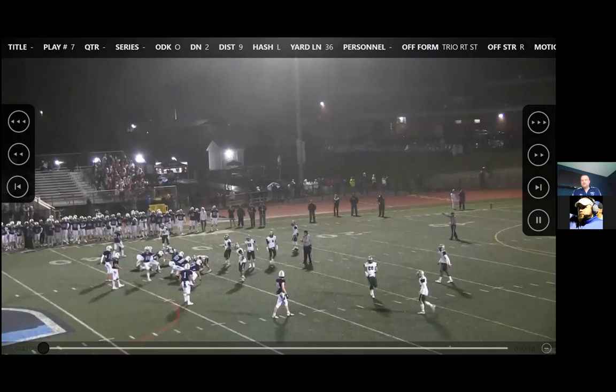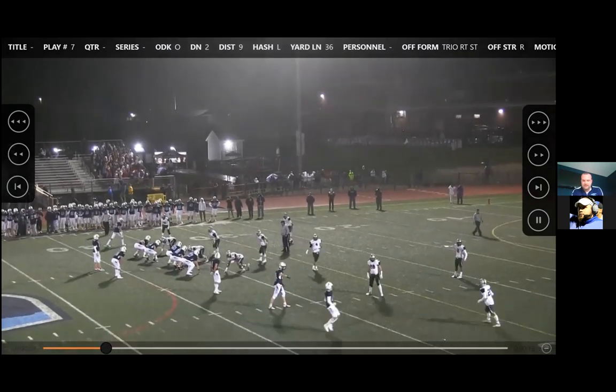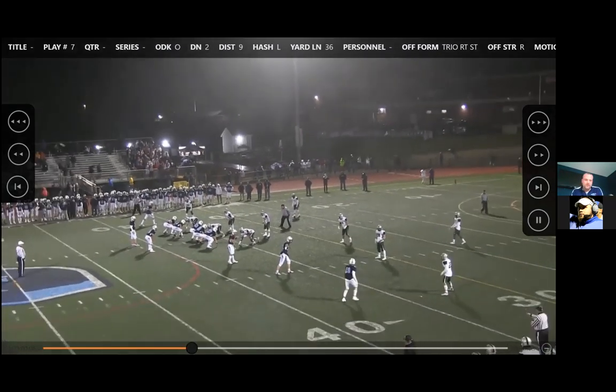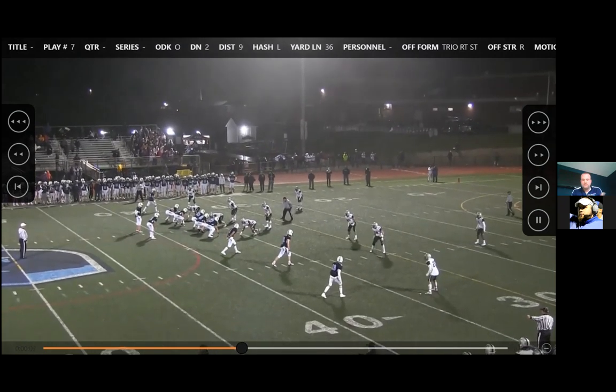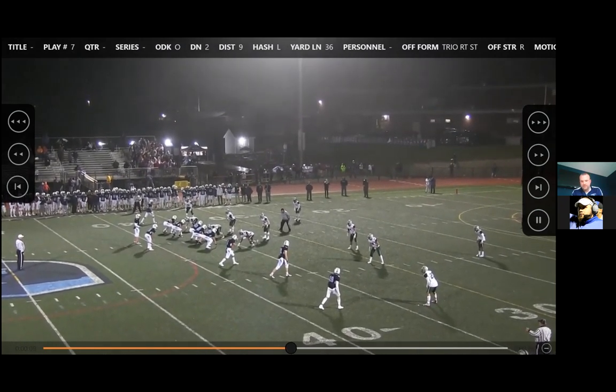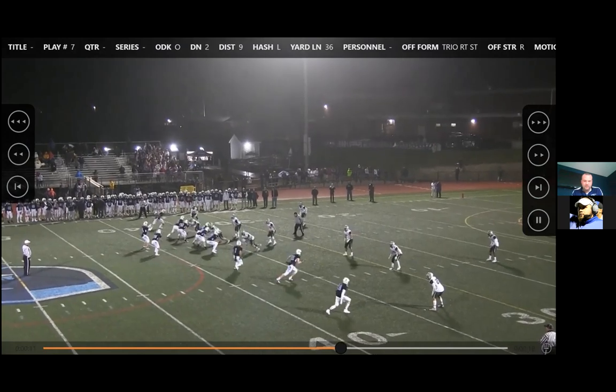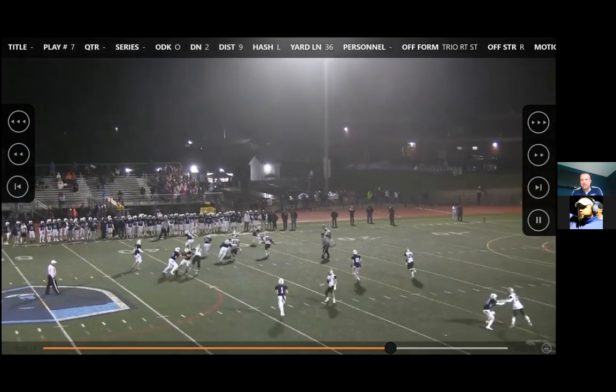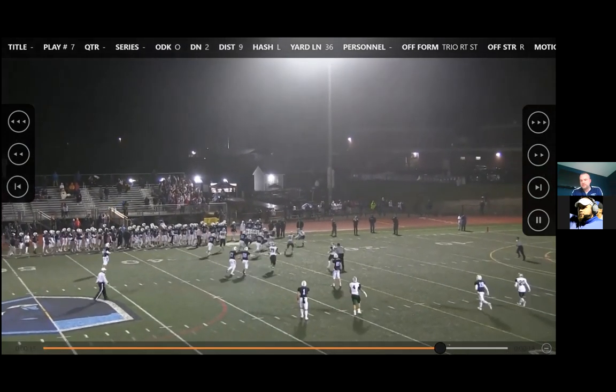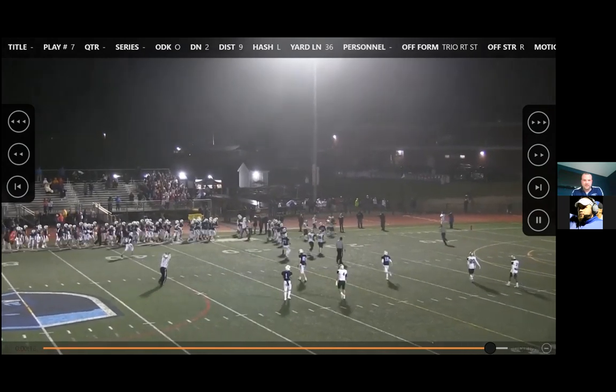Now, again, Mansfield's so talented and so good, big up front. For us to just line up and go against them, it's hard for us. Here we've got them in a very unique package that they probably don't run for a lot of teams beside us. So we were able to get a nice run because of the box that they had.